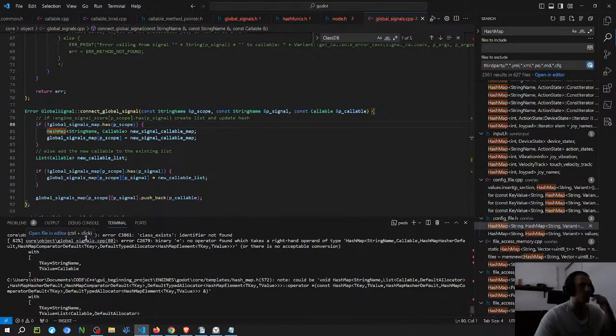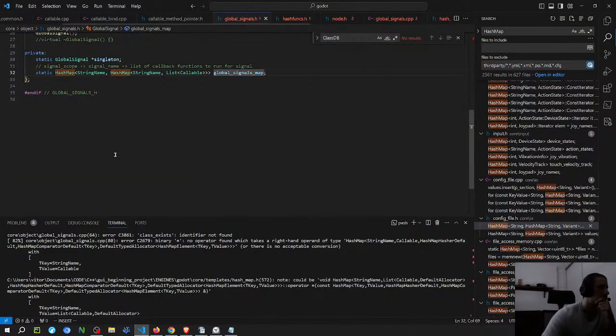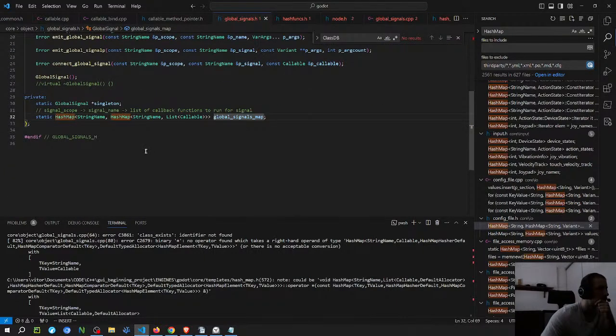And then there is this stuff here. It could be because of this static. I don't think that it needs to be static because the class itself is going to be static. But I'm not really sure if that's the problem. Hmm.